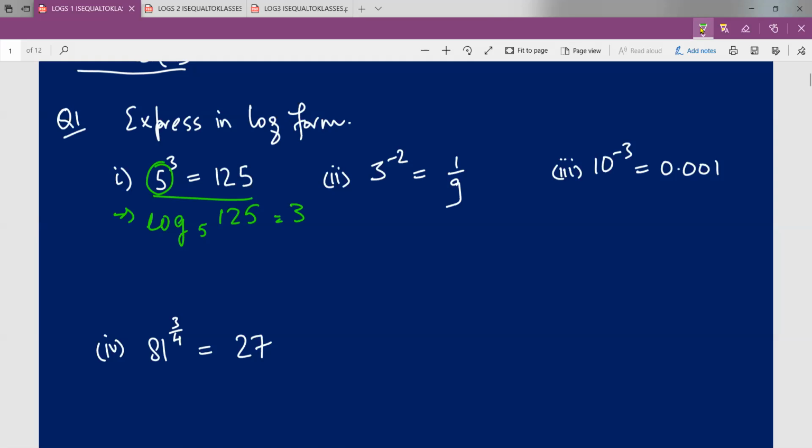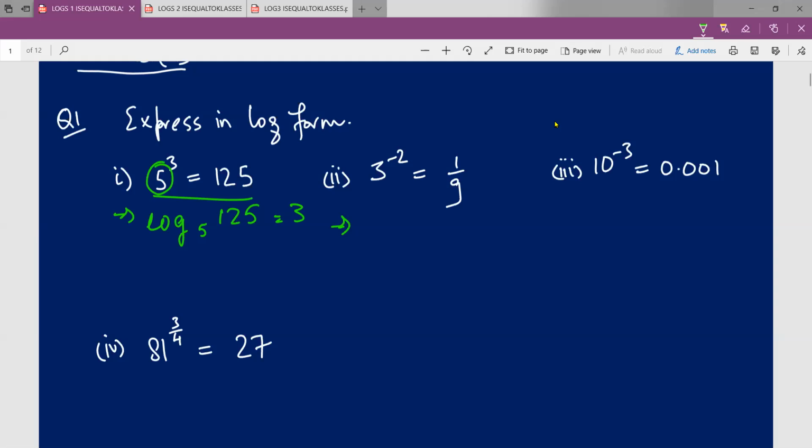Understood what I did? And further note to the viewers that whenever you get this kind of problem, for example, we'll take this example. I'll pronounce this as log of 125 to the base 5 is equal to 3. If you start saying to the teacher, what is the value for log 5 125 or anything like that, the teacher will be like, bro. So you need to have specific clarity and vocabulary in pronouncing these numericals also. Yes, English also takes place in maths. So I can pronounce this as log of 125 to the base 5 is equal to 3.